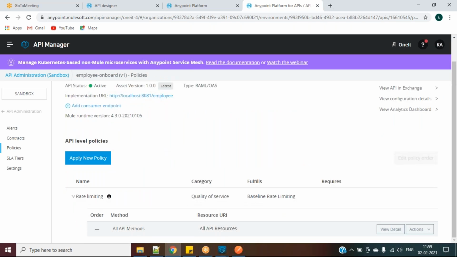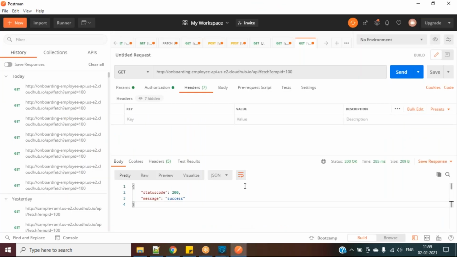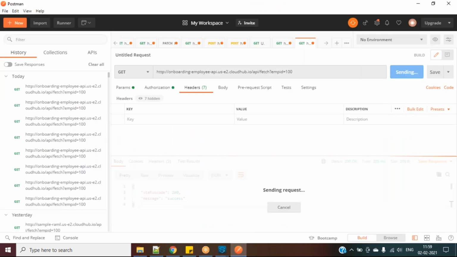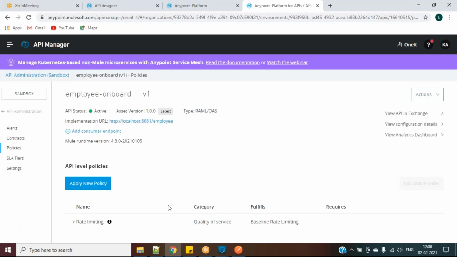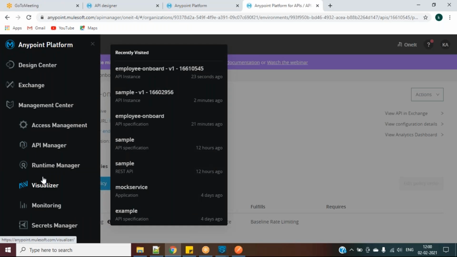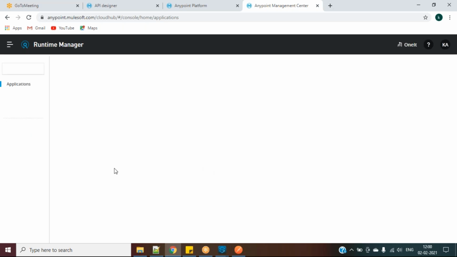It is applied. So if you see here now in the policies, one policy is already applied. Let's check now. So this is my API. I will send it 1 time, 2nd time, 3rd time. Okay, why is it not coming? Let me check. Is it applied or not? I think, let's see the logs once. Those should be applied successfully. If at all they are not applied,